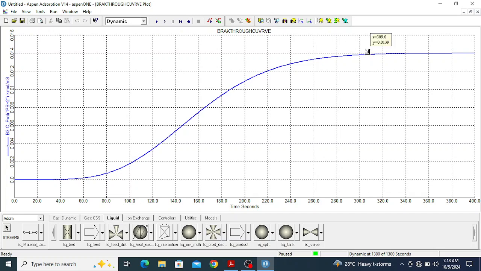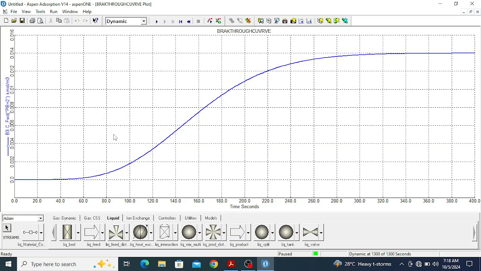Here you can see 309 or 300, 307. So after 307 or 310 seconds, the bed will reach saturation, and this will be the saturation time